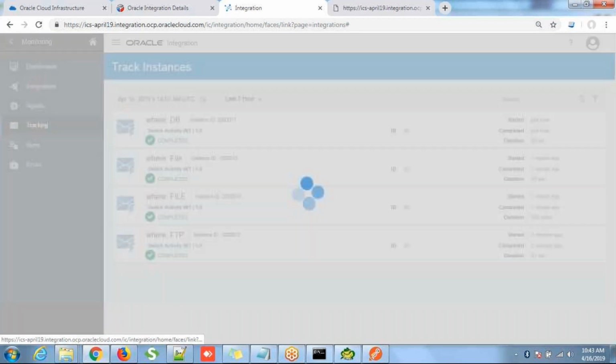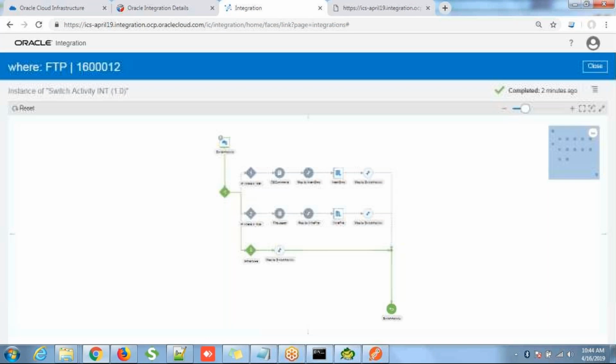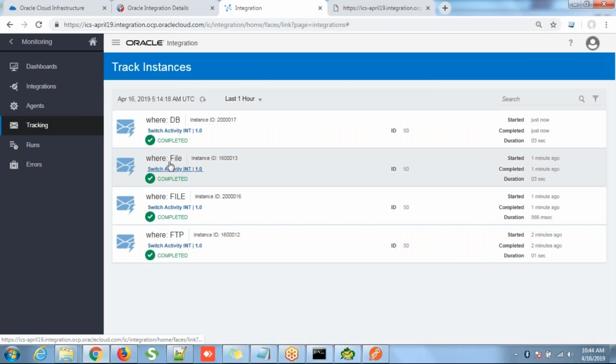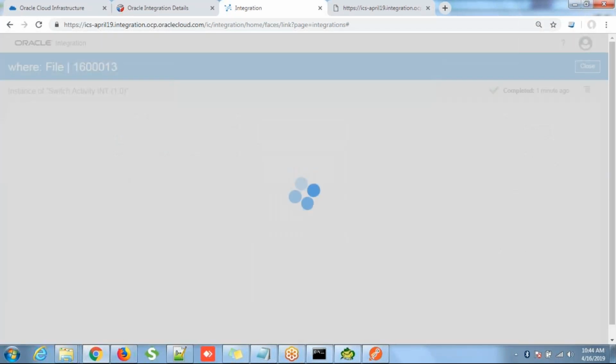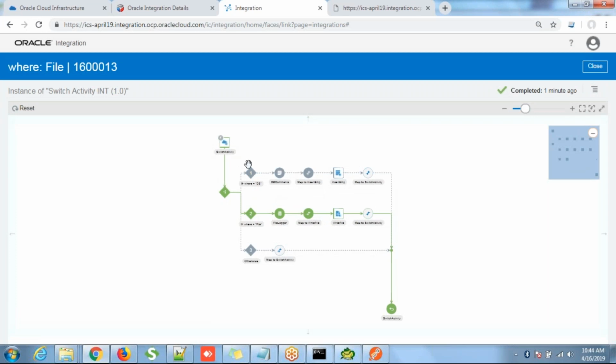So this is the one which we selected first, activity. You see the branch has gone to otherwise in the green color, correct? Now similarly, if I open the file, it has gone to the second branch, alright? And now if we go to the view stream, to the activity stream,